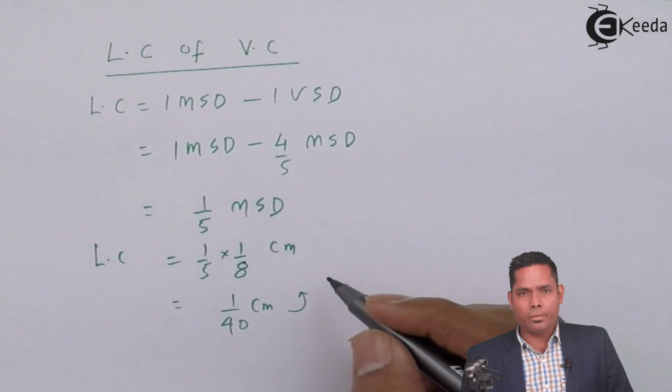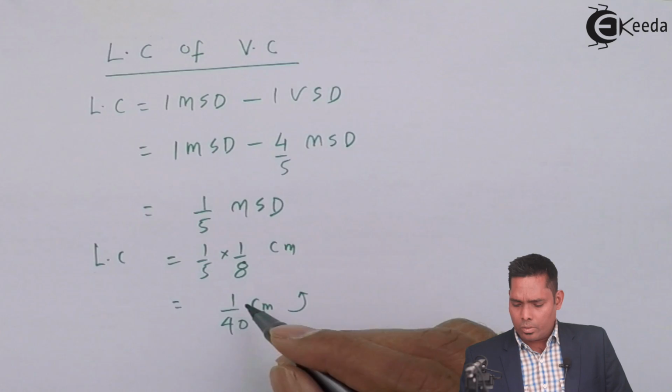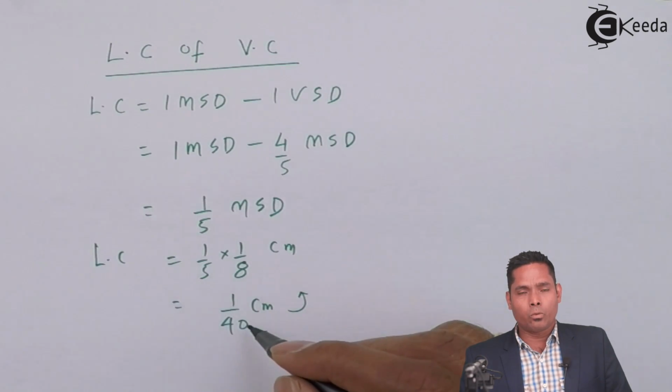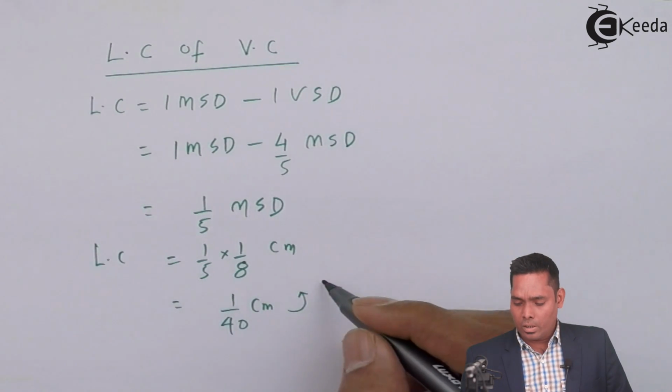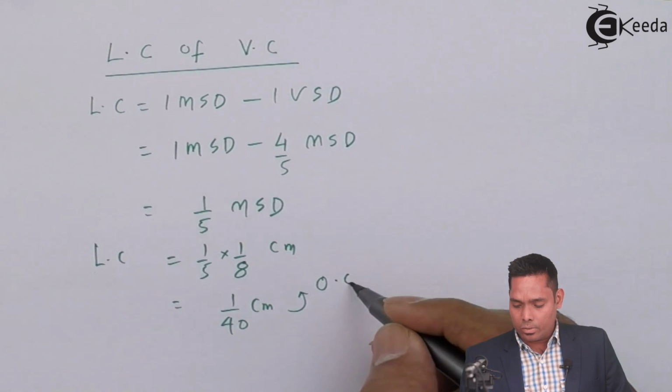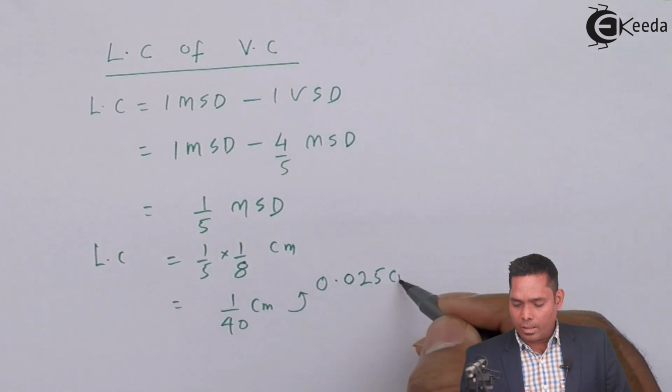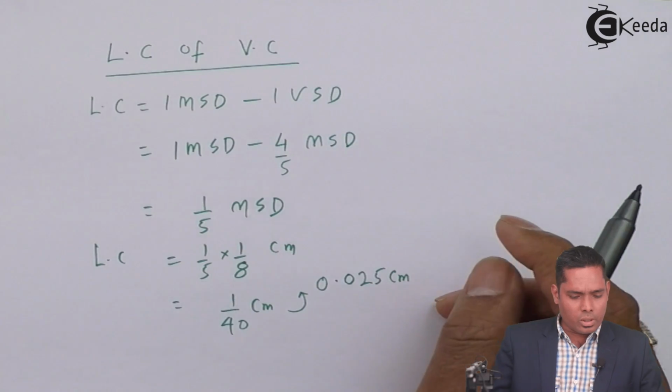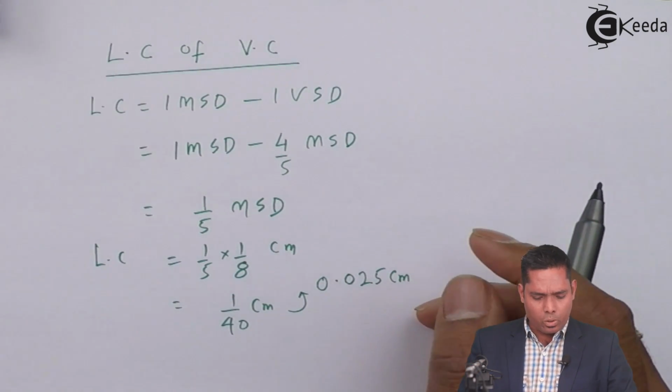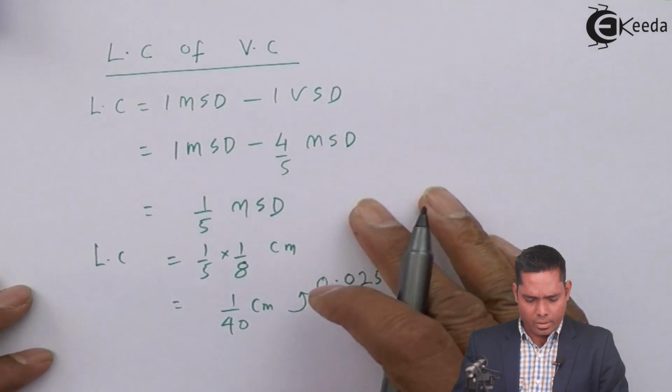1/4 is 0.25 divided by 10, so it is 0.025 centimeter. So the least count of this instrument is 0.025 centimeter that we have got. Next is